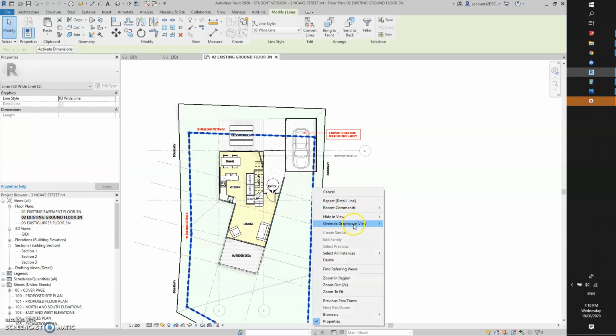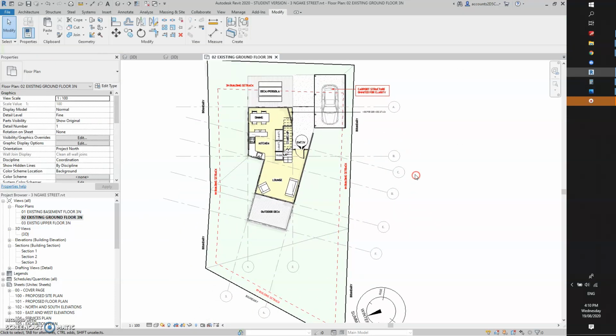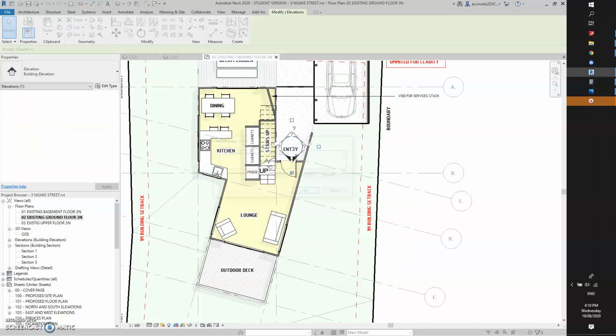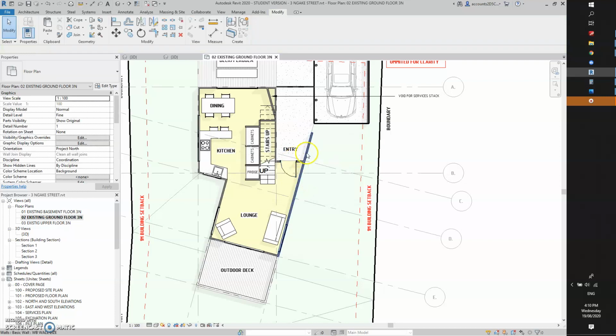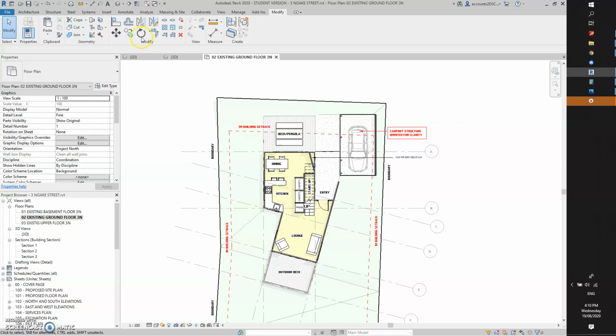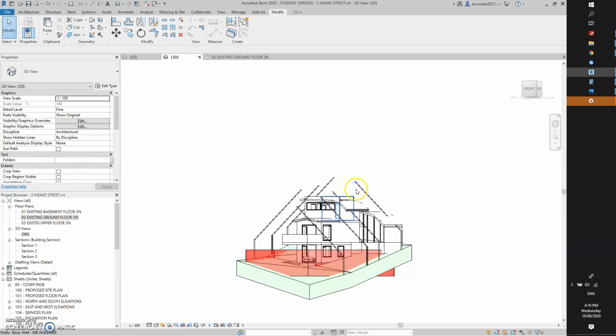There was a bit of a discrepancy between what the surveyor had and what was on the original plan. I just wanted to get that right, because what I've discovered is, sorry, just give me a second. What I've discovered is this is the existing plan. Now, if I go to the 3D, I'll just explain